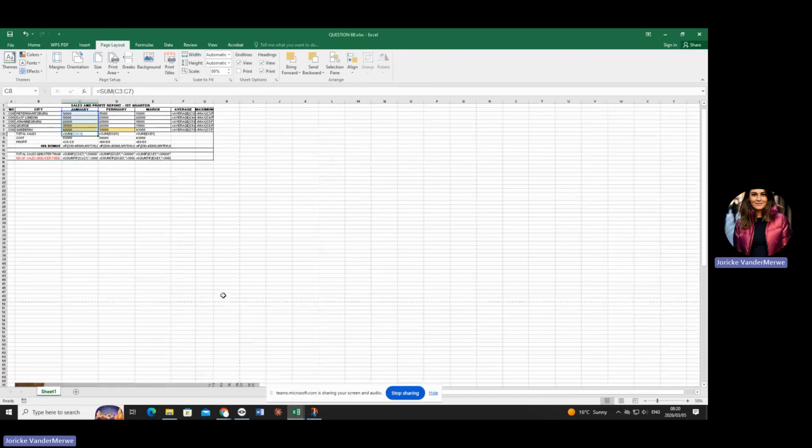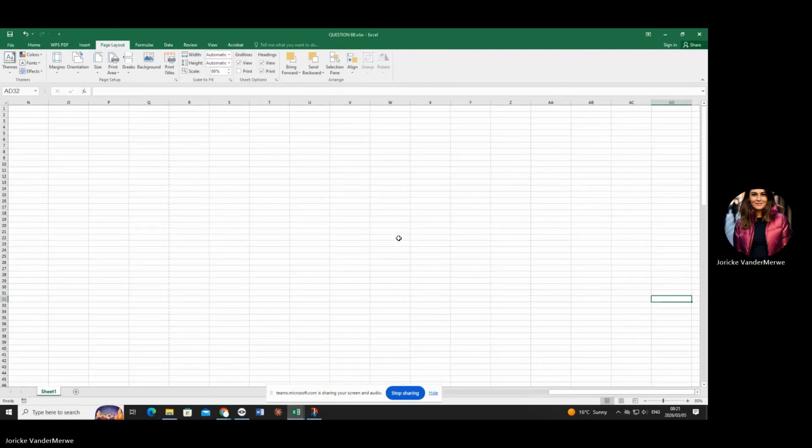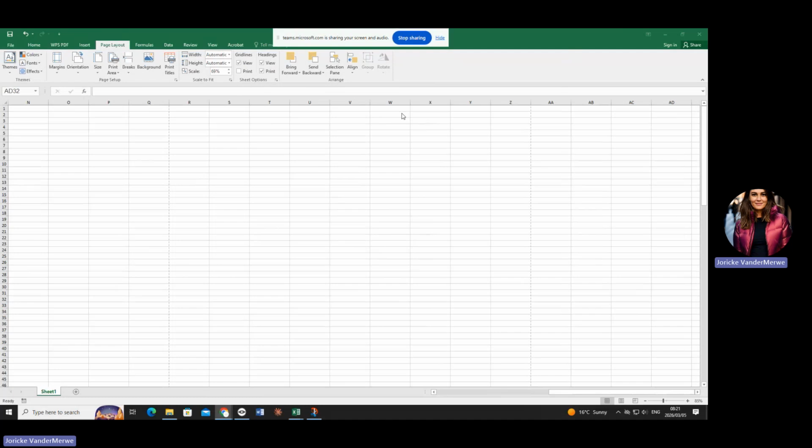In other words, if you make it a bit smaller, you will see that each one of these blocks is a page on Excel. Are you with me, darlings? Did you know that? Okay, now you do. Sometimes this happens. Look here, where's my stuff? Then you stress like there's no tomorrow.